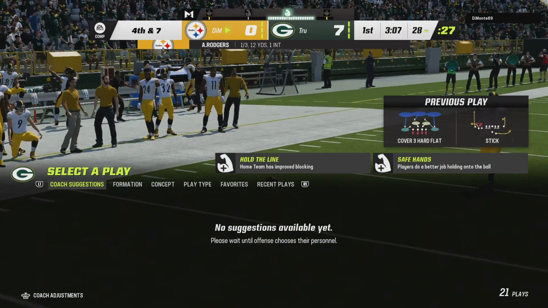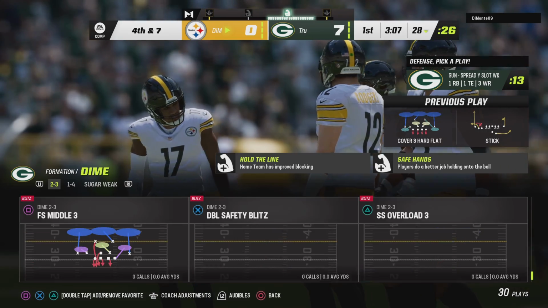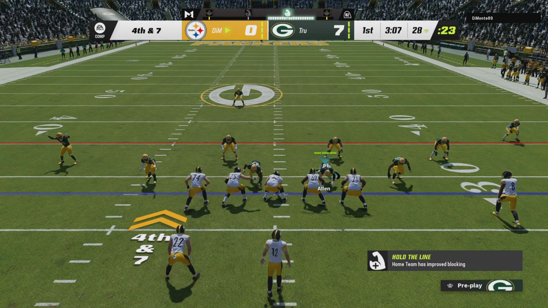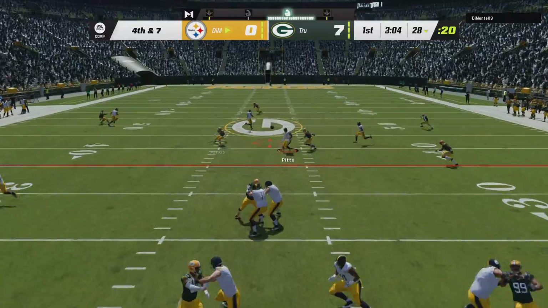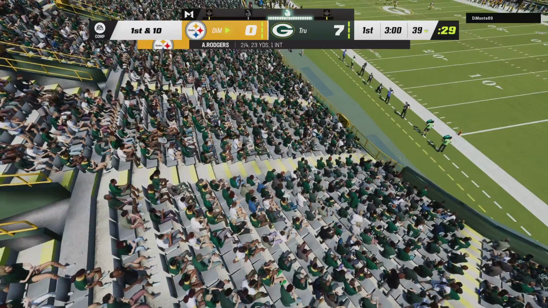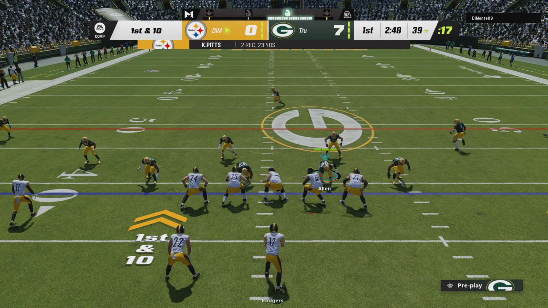Two drives won't tell the story of this game, but you absolutely have to like how this defense has played thus far. They have yet to allow this offense to get untracked in this one. Rodgers to throw for it on fourth. Crossing route incomplete. He's got Pitts. And he is going to have the Steelers first down as they wind up with a gain of 11 there